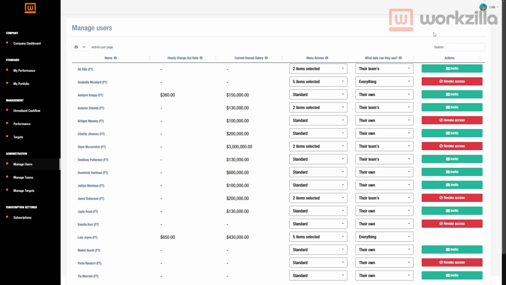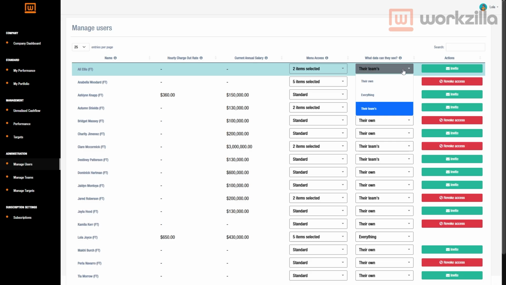When a user has access to a page, the data that populates it is determined by the What Data Can They See drop-down menu. From the options on the drop-down, their own means that they can only see their own personal data. Everything means they can see every user's data. And their teams means they can see their own data and the data of any team that they are a part of. For more information on teams in Workzilla, click the video linked in the description labeled Creating and Managing